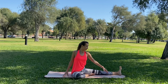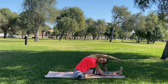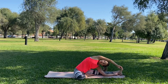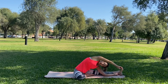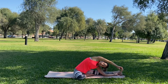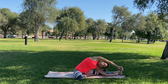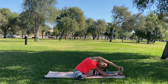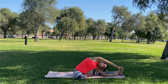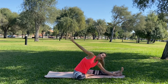turning over to your right knee, and bringing your left arm to the inside of your left leg, right arm overhead, lengthening your right side body. Opening your chest. And coming out of the pose,